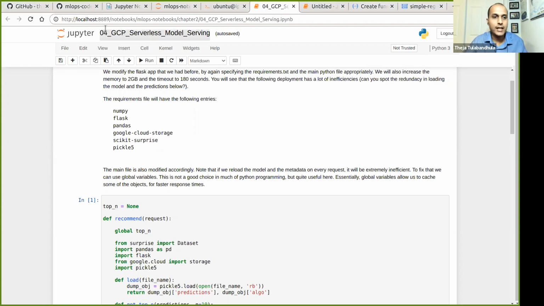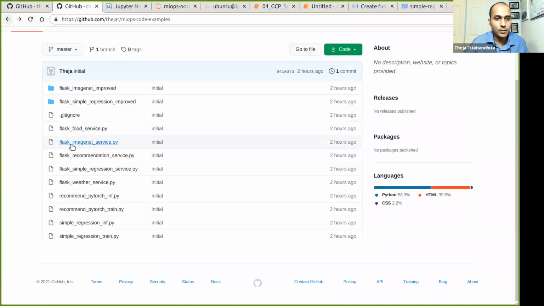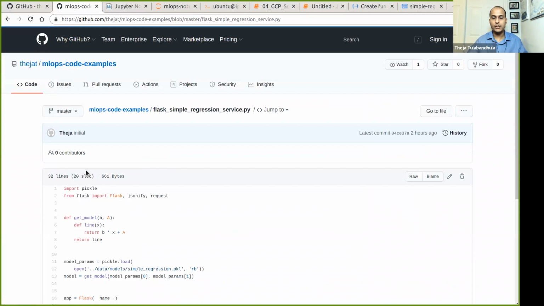If you look at our code examples, let's go back to simple regression service. What this Flask simple regression service is, if I run this, even without serverless, it should be able to run this web server, which will be able to make predictions. And you can actually check this, like, for example, here we are.